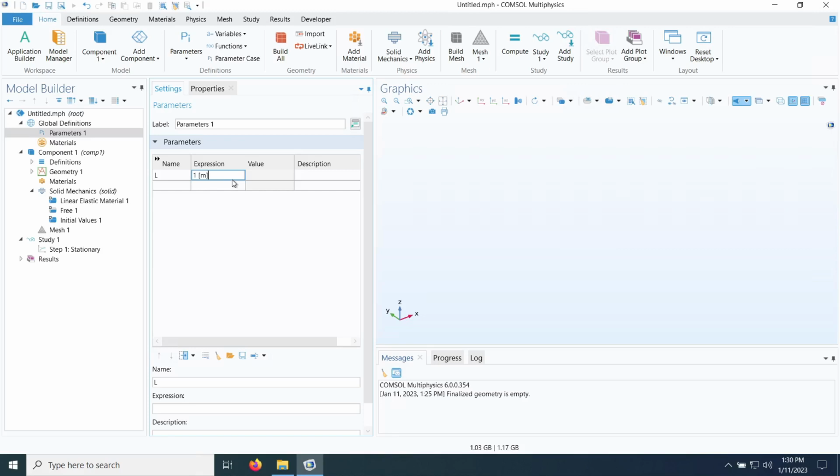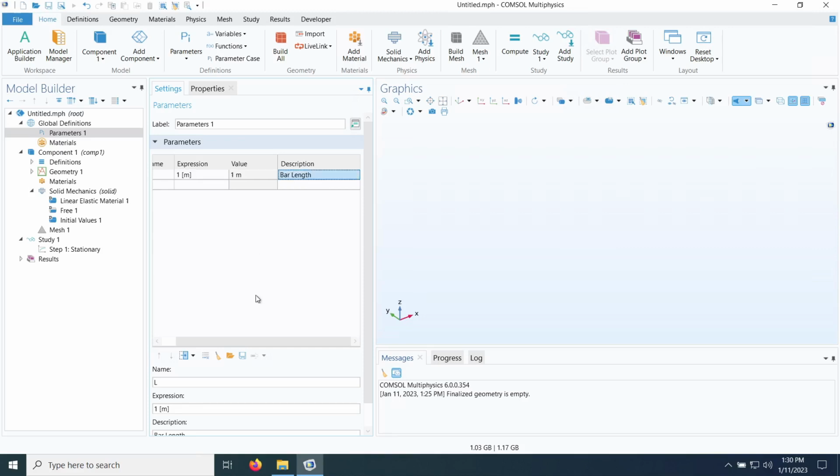And when I press tab or enter, COMSOL determines that the value is 1 meter. And if I want to make sure that when I come back to this model, say 1 year, 2 years, 5 years later, in order to prevent forgetting what each one of these parameters mean, I can give a description. For example, bar length